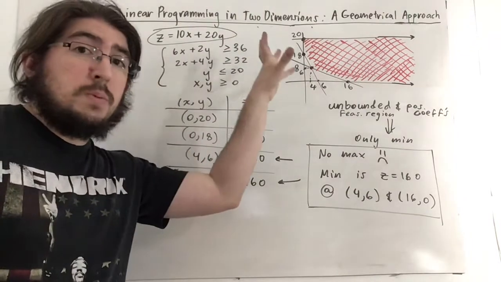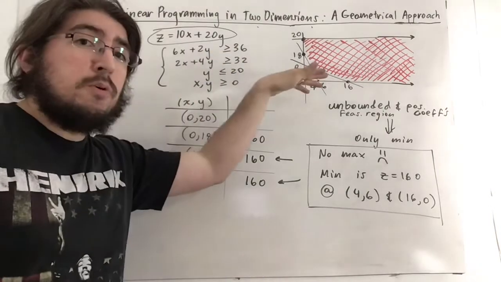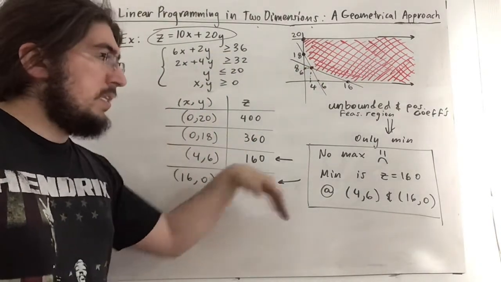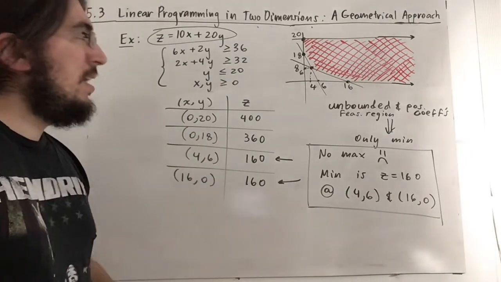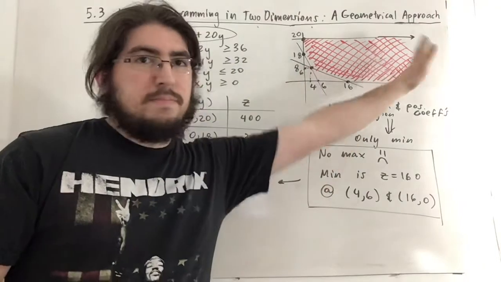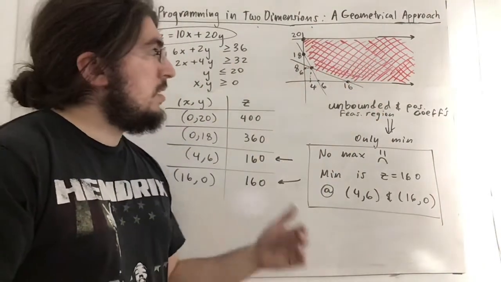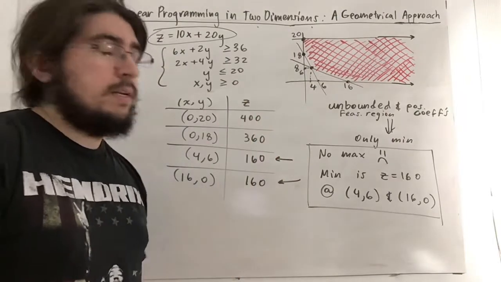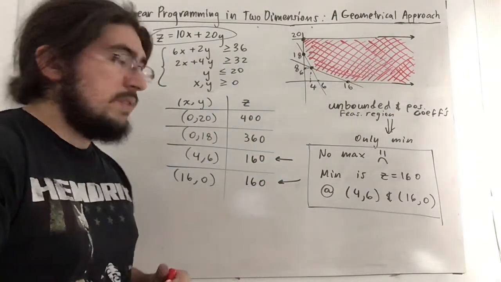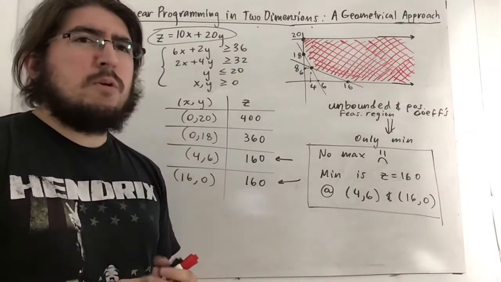We found the minimum, but there is no maximum. Just plot the feasible region of our constraints, our system of inequalities, find the corner points, plug them into a table, find z. The smallest is the min, the highest the max. But since it's unbounded, we can have an increasing amount of values of z. So there's no max, it's unbounded. There can be larger and larger and larger values of z. So there we go, that was it for this example. I think we're going to do one more example,